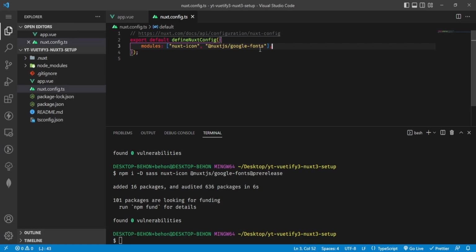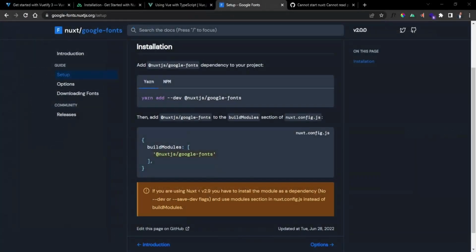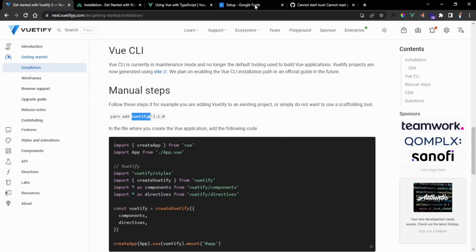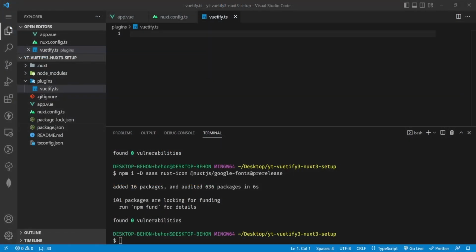Now with Vuetify, we have to create a plugin. So let's create plugins, vuetify.ts, and head back to the Vuetify website to see how we should actually install this or set this up. So we need this createVuetify thing here. So back to VS Code, we need to import this, and